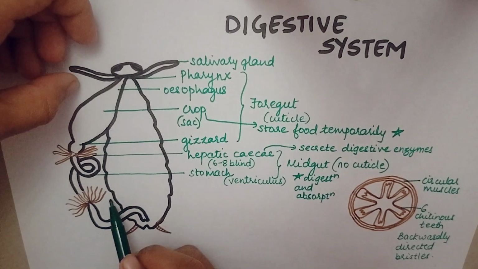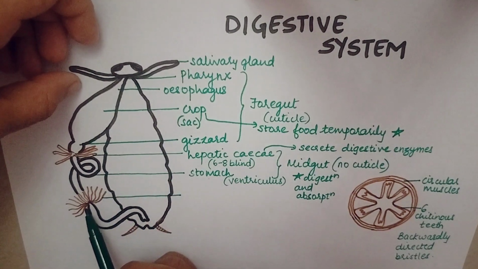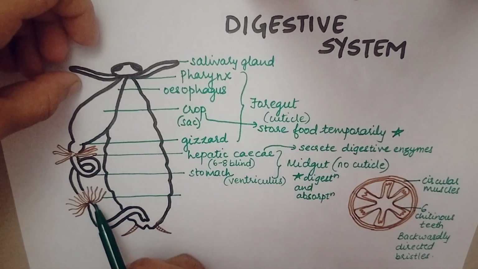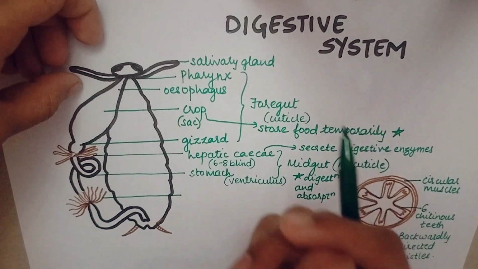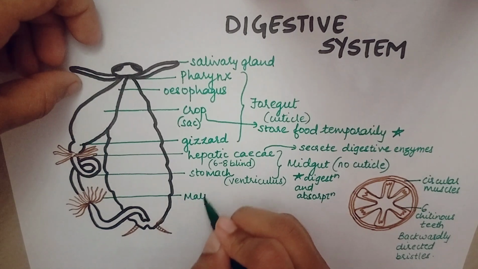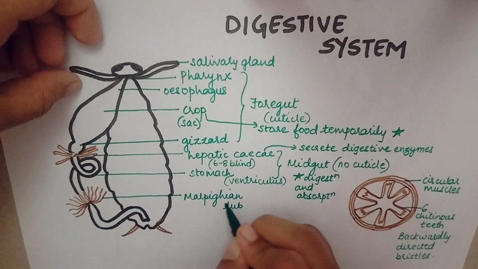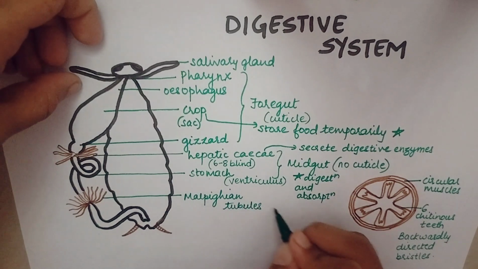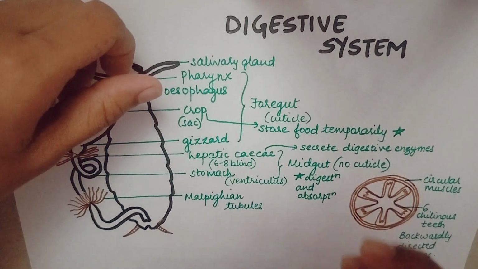After the midgut, you can see some thread-like structures present over here. The junction of midgut and hindgut. Okay, the junction of midgut and hindgut contains some thread-like fine yellow-colored structures. These are the Malpighian tubules. These Malpighian tubules are the excretory system of the cockroach, the main excretory organ of the